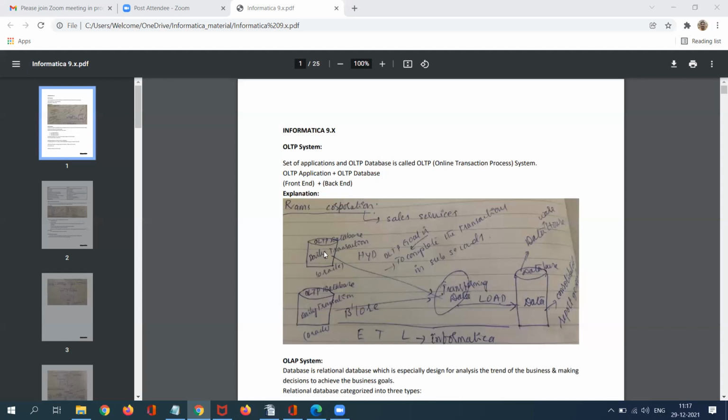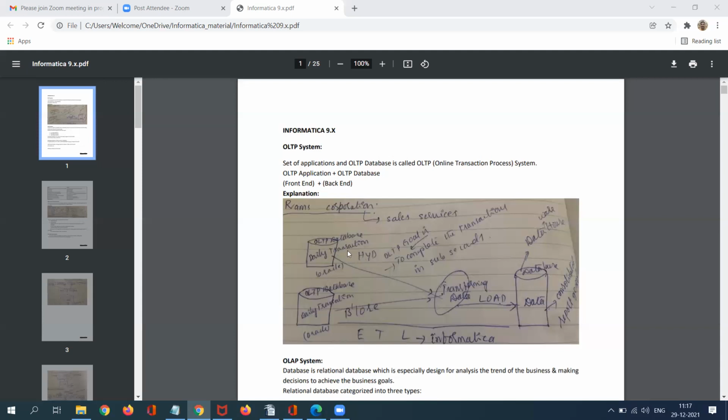It contains only recent data. Because of this reason, if you run any select query, it will give you the result in seconds. It will not take more time, since it contains only recent data.